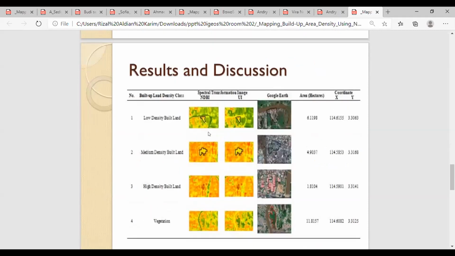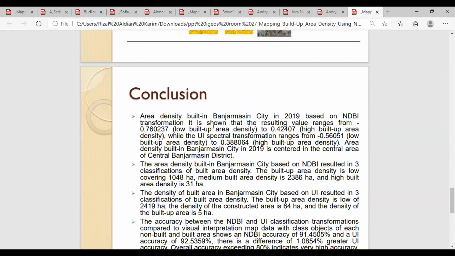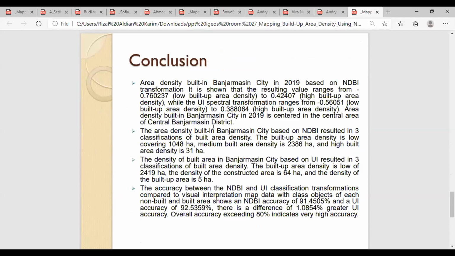In this research and discussion. Next, okay, in my conclusion in this research. Number one, building area density within Banjarmasin city in 2019 based on NDVI transformation. It is so that the resulting value range from 0.7 low building area density to 0.4 high building area density, where the urban area spectral transformation range